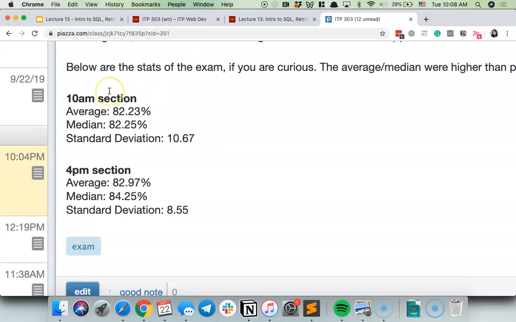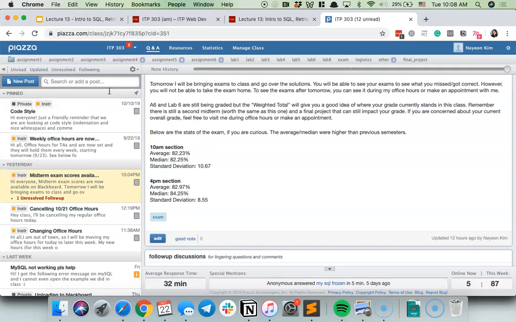This is a good time, if you haven't already, to go on Blackboard and check your weighted total. That column is the percentage, your approximate current grade right now. The only grades not available right now are, remember, you get 3 free absences in this class, and those don't get dropped until the end of the semester. Assignment 6 is almost done being graded, but it's not complete yet, so you won't see that reflected on your weighted total. Besides those 2 things, it's pretty accurate, so it's a good idea to go check.